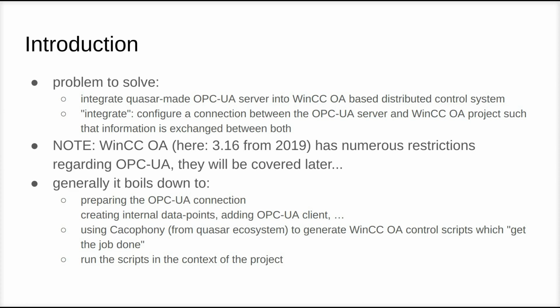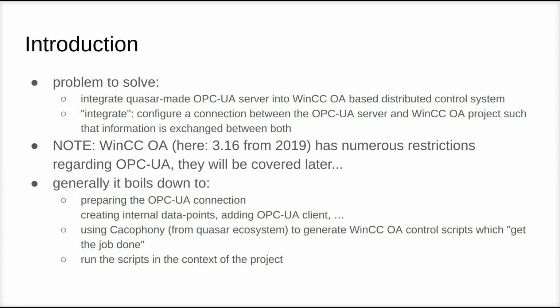So if we look at the problem to solve, generally it boils down to the following things. If you want to have an OPC-UA connection to an OPC-UA server from WinCC OA, you need to first of all prepare this connection. That means you need to create so-called internal data points of WinCC OA, which configure settings of the OPC-UA client, like where the endpoint is, and different connection settings like security and authentication, things like this. And then you also need to add an OPC-UA client to your WinCC OA